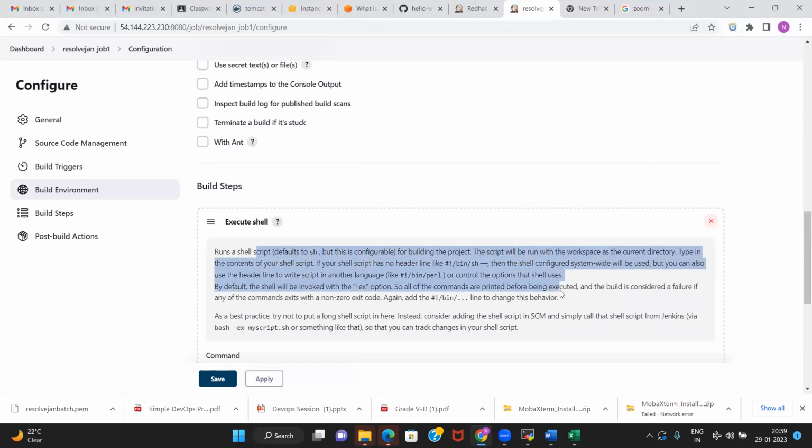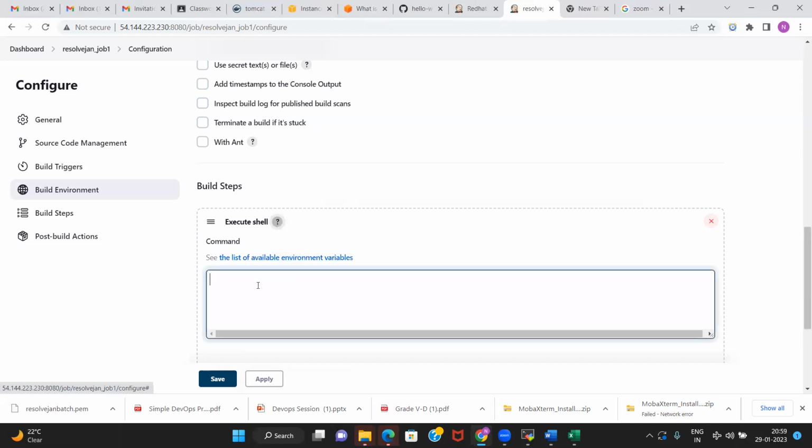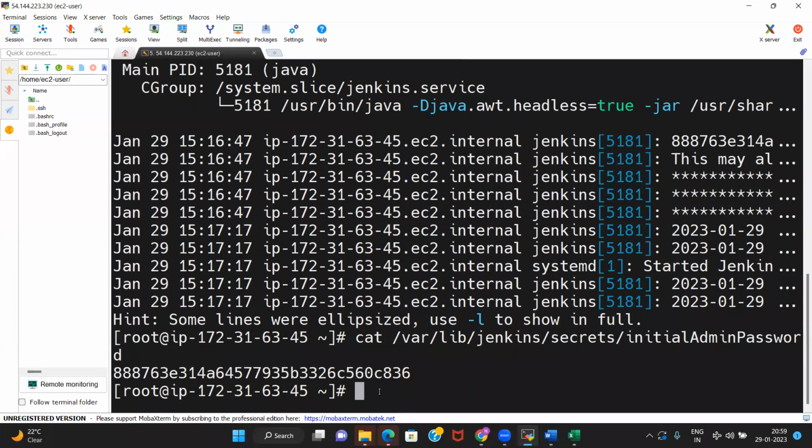So you can run your script basically in the Linux shell, like the command prompt. Whatever you would write in the command prompt, as for example, you are doing, say, cd